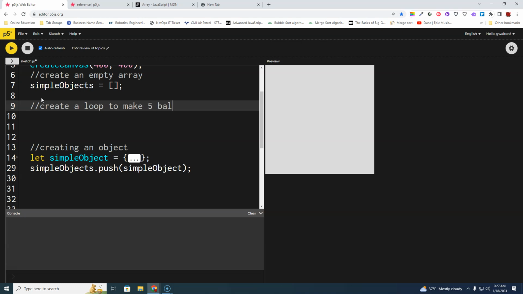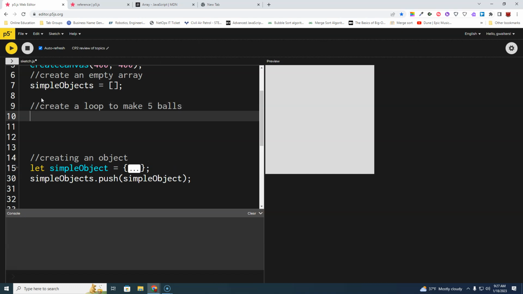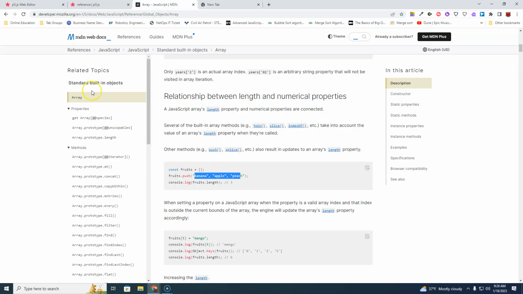Let's call them, I don't know, balls. Okay. We want to create a loop to do that, so we could use the for loop. Okay, so let's open up this and let's look at